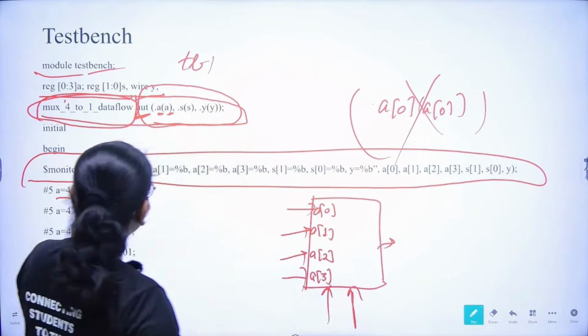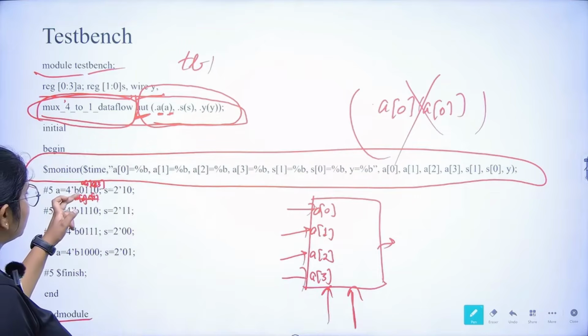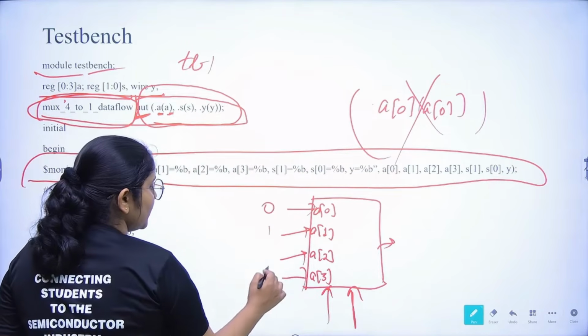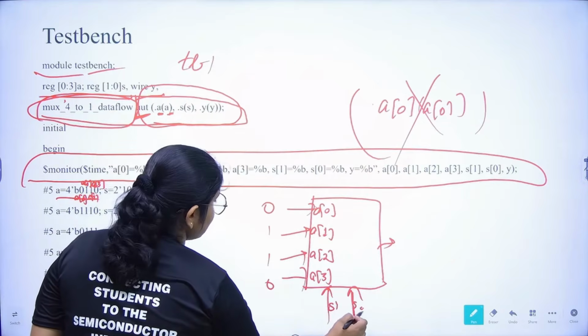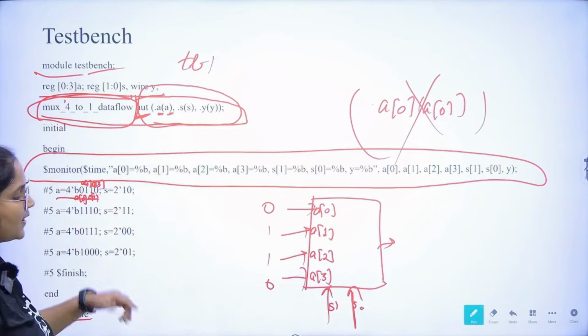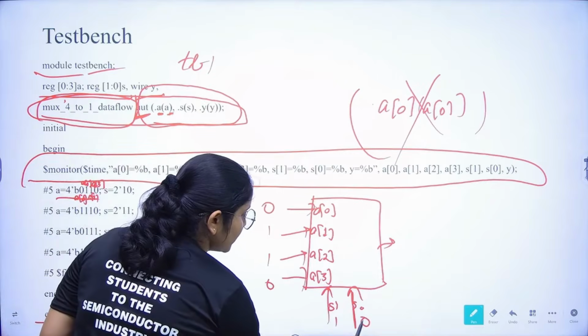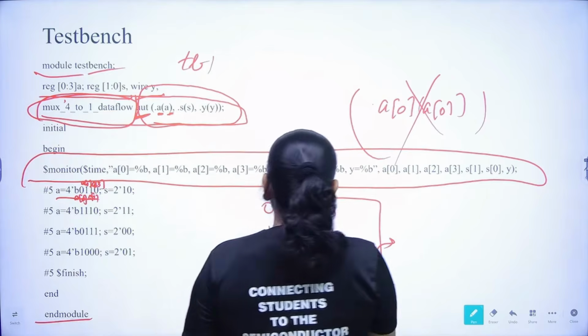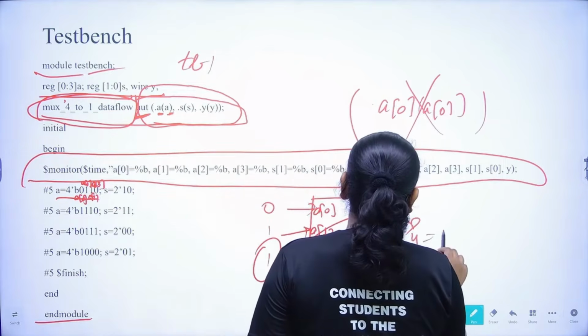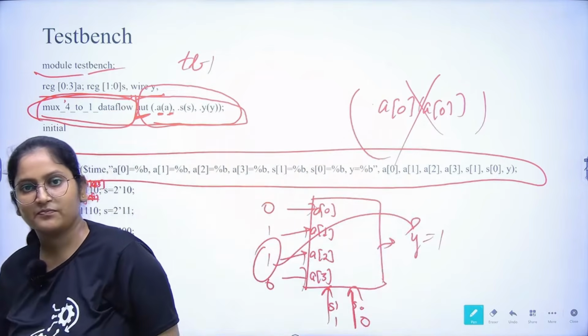See here what is happening. अभी A0 पे what you have, 0 1 1 0, 0 1 1 0. Here you have S1 and then S0. What you have in S1 and S0, 1 and 0. So we know that for 1 0 what is selected, your I2 is selected, right? So जो भी ये वैल्यू थी this will go to output, so output will become 1, ठीक है।